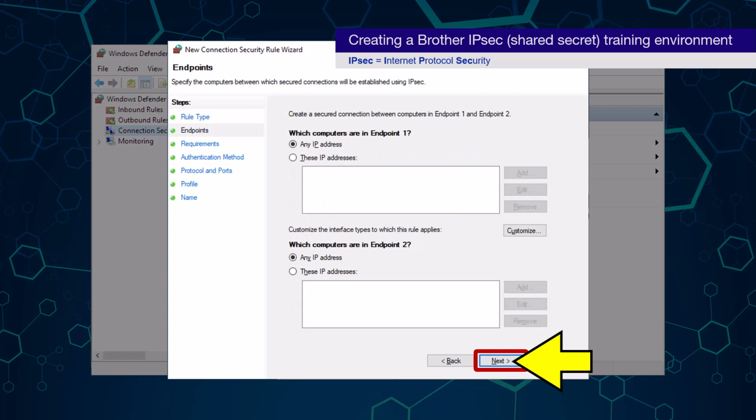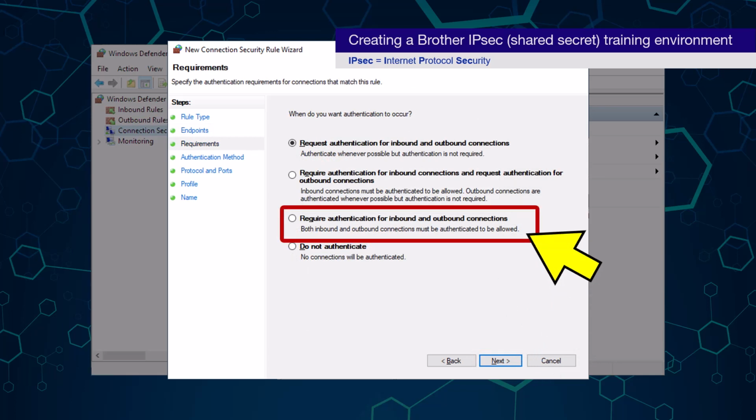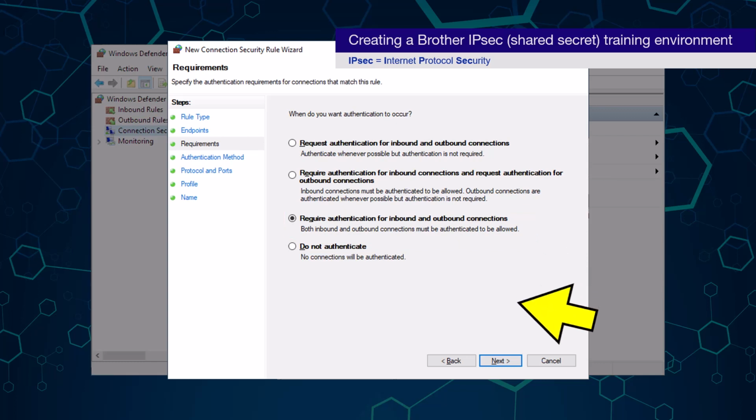I want this rule to apply to all IP addresses, so we'll leave these options as is and click the Next button. However, I do want this rule to apply to all inbound and outbound connections, so we'll select this option here before clicking the Next button again.